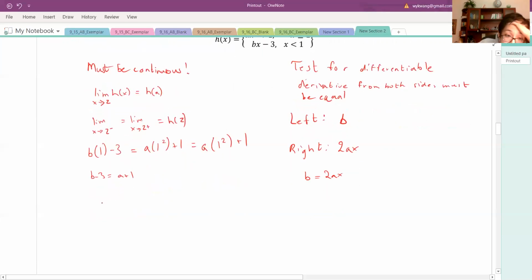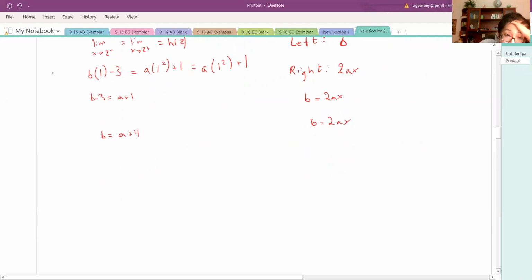So we have two equations now for two variables. Perfect, so we now have a perfect system. So b is equal to, here I'm solving on the side, b is equal to a plus 4, just to simplify, and b is also equal to 2ax. So now I can replace a plus 4 for b here, right? A plus 4 just goes into b there. So we're going to get,